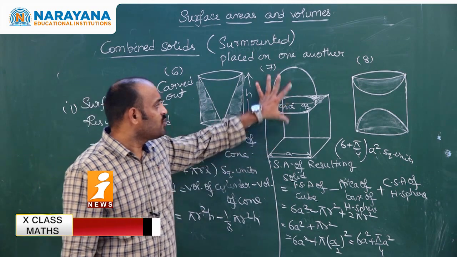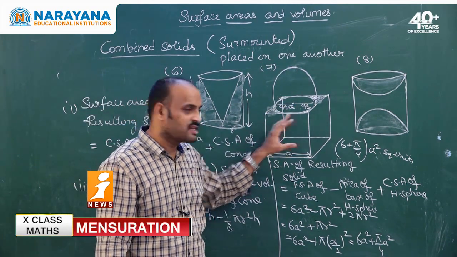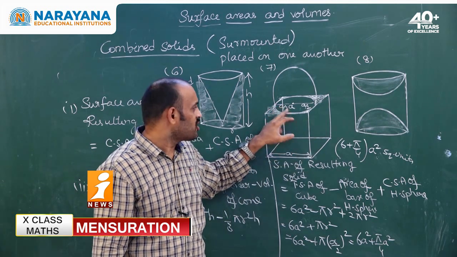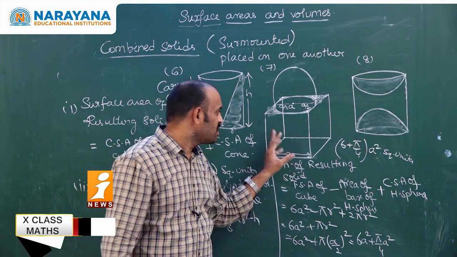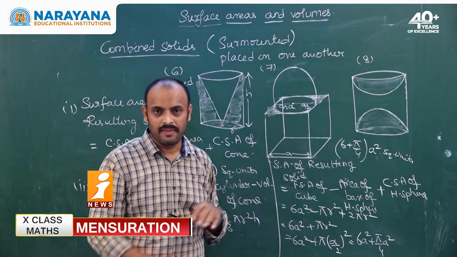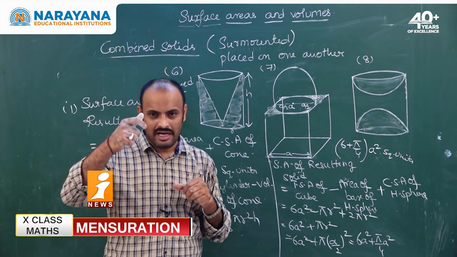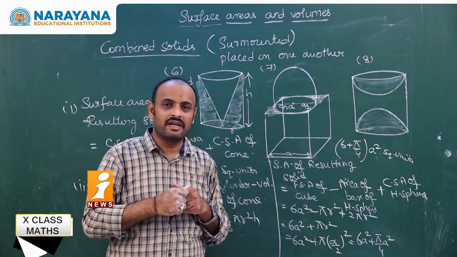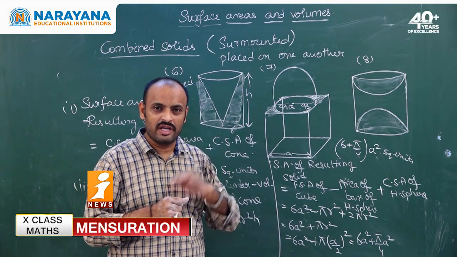Now, how to find the volume of this combined solid? Is there anything removed from this thing? Only the top is removed. Nothing is removed from the body of this cube. I'll do one thing. I have a 1 liter water bottle. I'll fill the entire 1 liter bottle. So the amount of water in it is 1 liter.